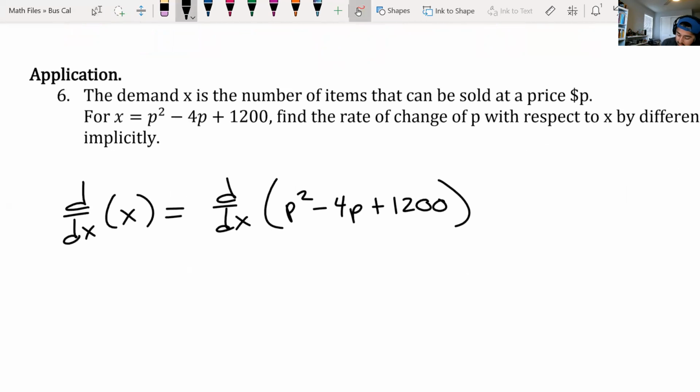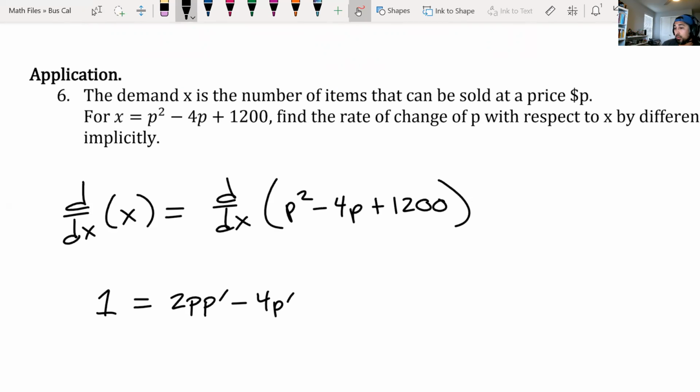And then the derivative of X is 1 equal to the derivative of P squared. It's just going to be like Y, just replace Y with P. So the implicit derivative of P squared is going to be 2P P prime minus the implicit derivative of 4P, which is 4P prime. And then, of course, the derivative of 1200 is